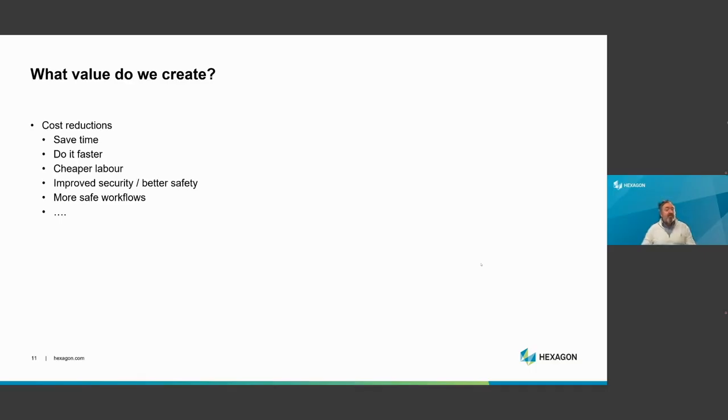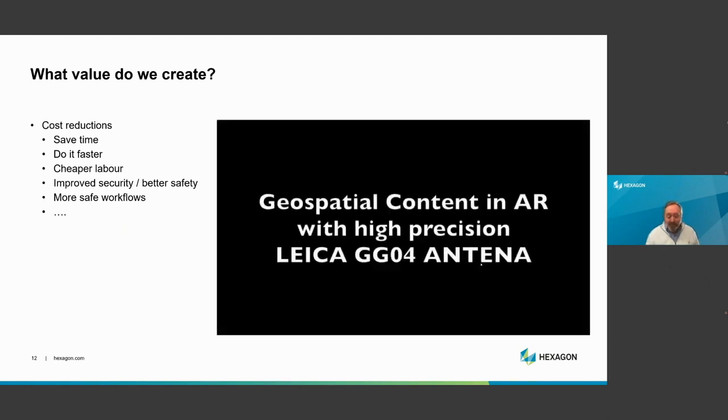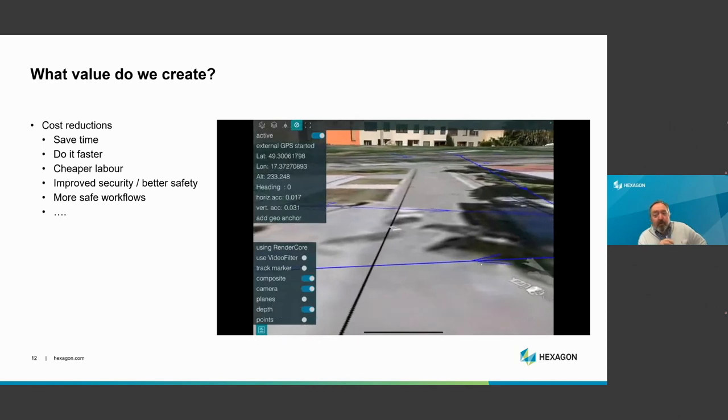So to give you some ideas on some of the values that we do create, we see a lot on top management is driven by cost reduction. And what does that actually mean? So to give a little interesting idea what that can be, this is, some people have probably seen